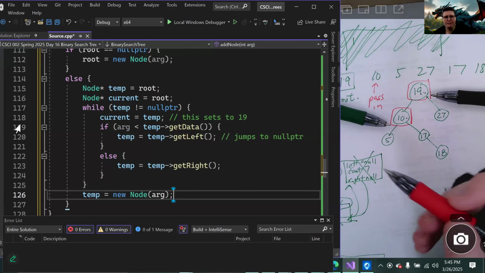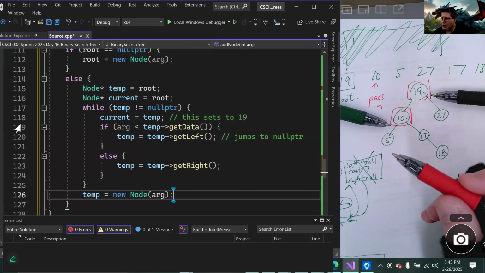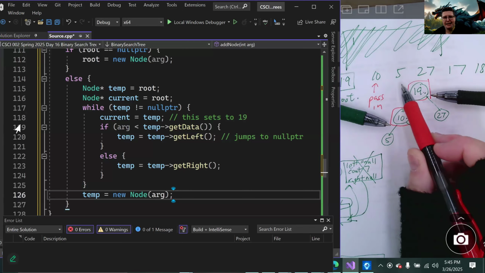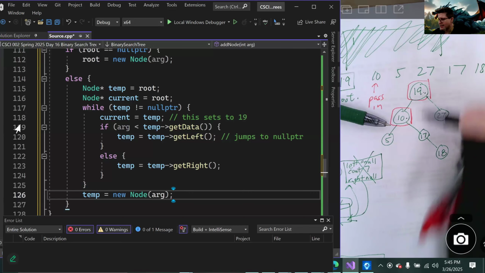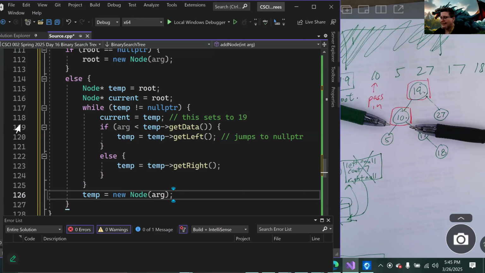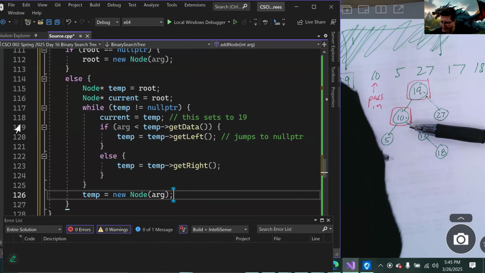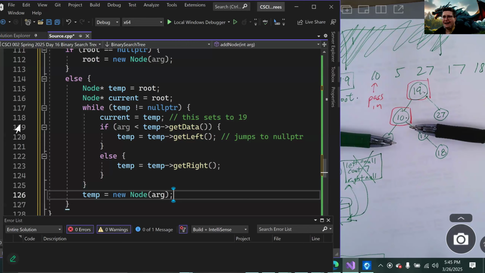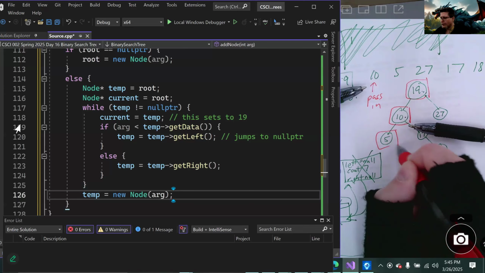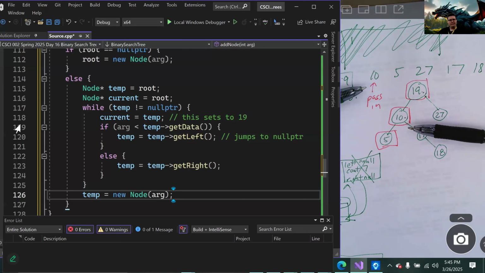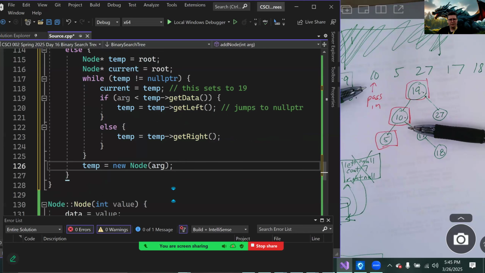And we go to the top again. Temp is not a null pointer. And so we go, is 5 less than 10? Yes, it is. Oh, no, wait. The first thing it does is it changes current to match 10. Then it goes 5 is less than 10. Temp jumps down to here, but that's a null pointer right now. That should break the while loop, and that should put in 5. I think this is going to work. I think that might work for add node. We're not returning anything, so